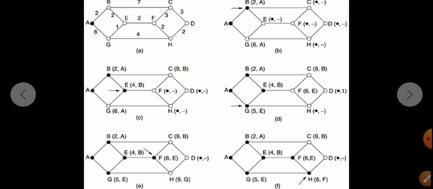Same as B link to E, what is the distance? B link to A, we have already found the A path. From A to B the distance is 2 and B to E is 2. So that's the reason for 4 comma B. So E is reached from the B link. We initiated from the B path, so that's why it arrived here. Next we'll go for the E path. Already two paths we have found. Next one, we'll go for the E path.